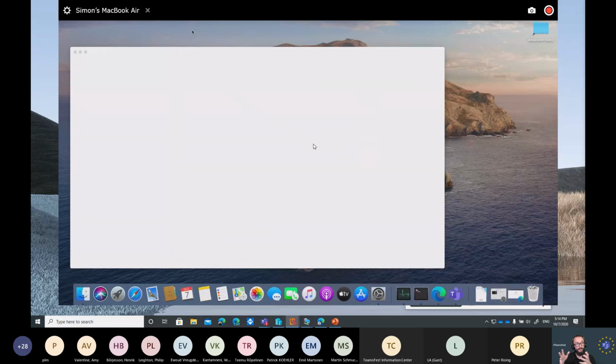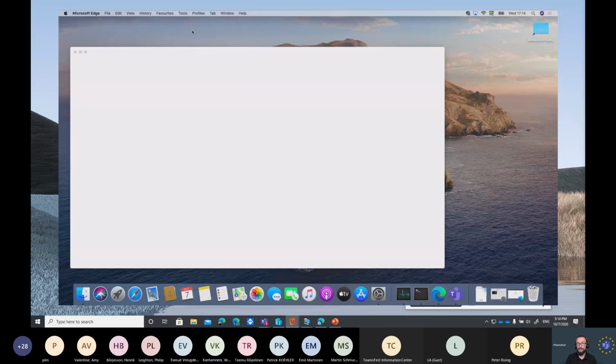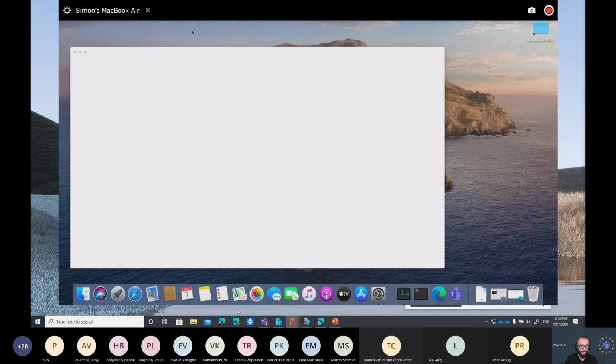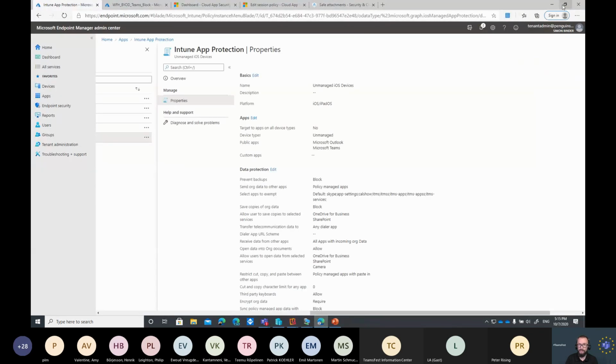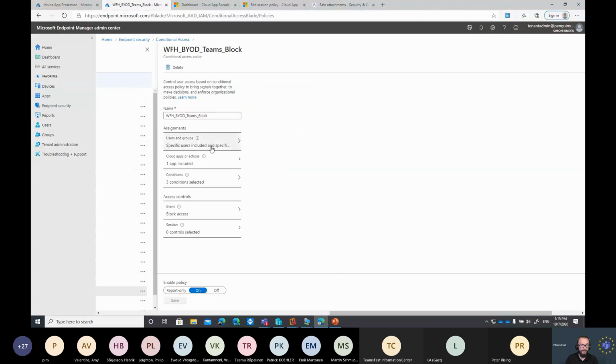So what I've shown you first is that we can protect ourselves from getting malicious code from unmanaged devices where we aren't able to protect ourselves against those threats when we can't manage the device. We have also seen how we can limit the access to these services by using conditional access. And I will show you how, just briefly.